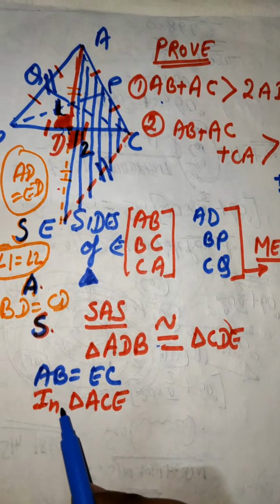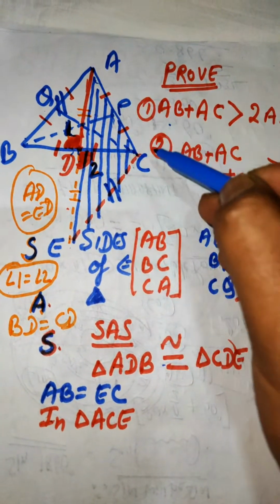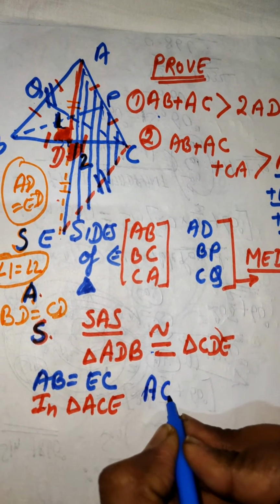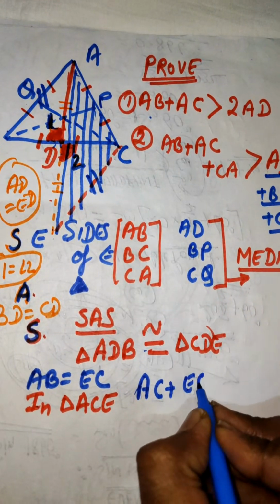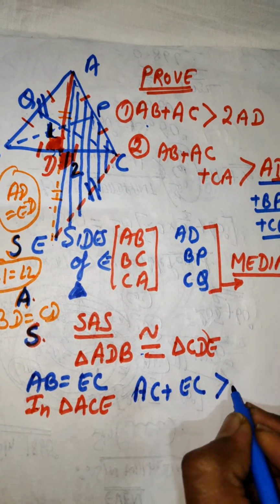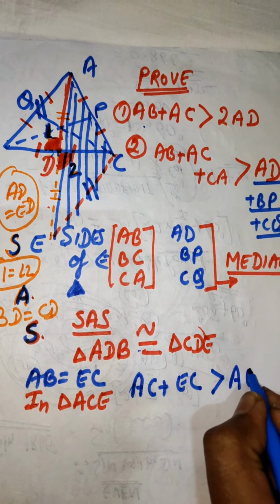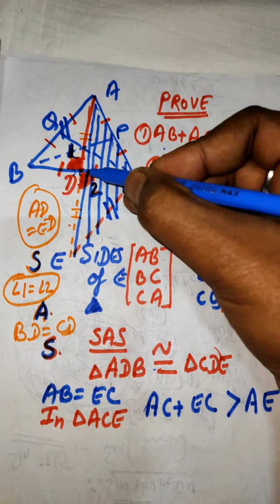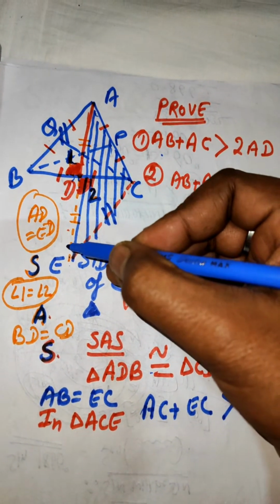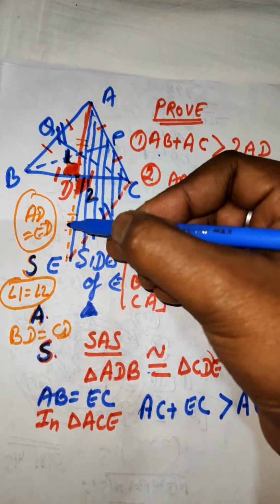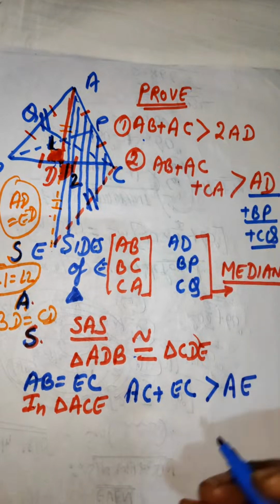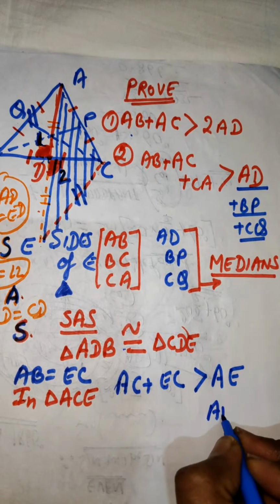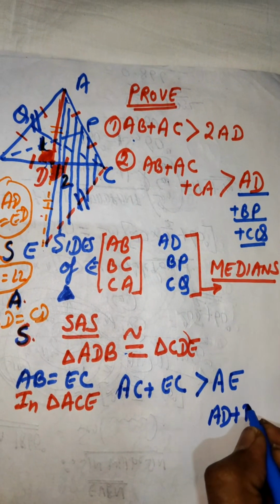So this is triangle ACE. In triangle ACE, AC plus EC is greater than AE, isn't it? And what is AE? AE is AD plus DE, and AD and DE are equal. We did this construction. Since AE can be written as AD plus DE,